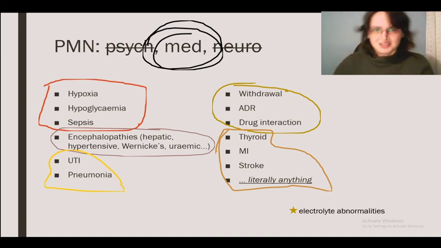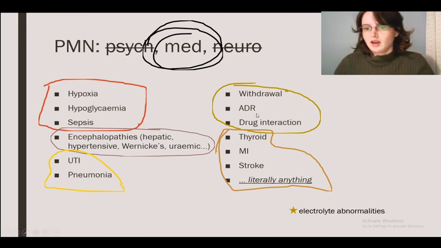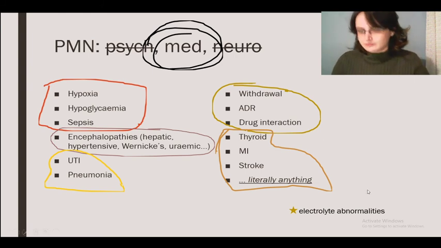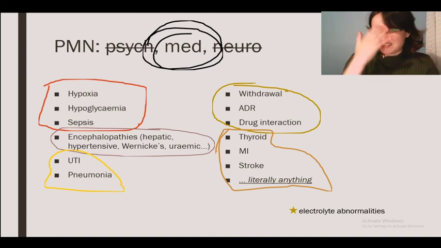Anyway, infection, really common. Then there's all your funky tox stuff. So they've got the DTs, or they've got a side effect, or they've got two drugs they shouldn't have together. And then there's everything else, because anything, whether or not it messes with your biochem, anything in the right patient can cause confusion, delirium, altered consciousness, what have you. And I added this little star down here to remind myself not to forget about the pure electrolyte abnormalities, because I know I'm going to be the kind of person that just forgets to run the CMP.